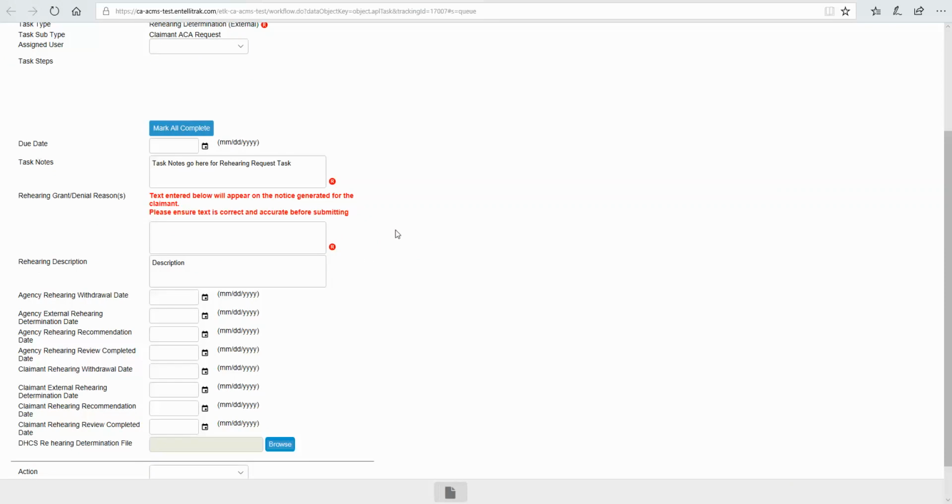There is a spot in the letter that allows the person who is doing this determination to put in a paragraph. Basically, you just want to write your paragraph giving the reason why you're either granting or denying the rehearing request. So you can say something like, Covered California grants this rehearing request because, and make sure that you